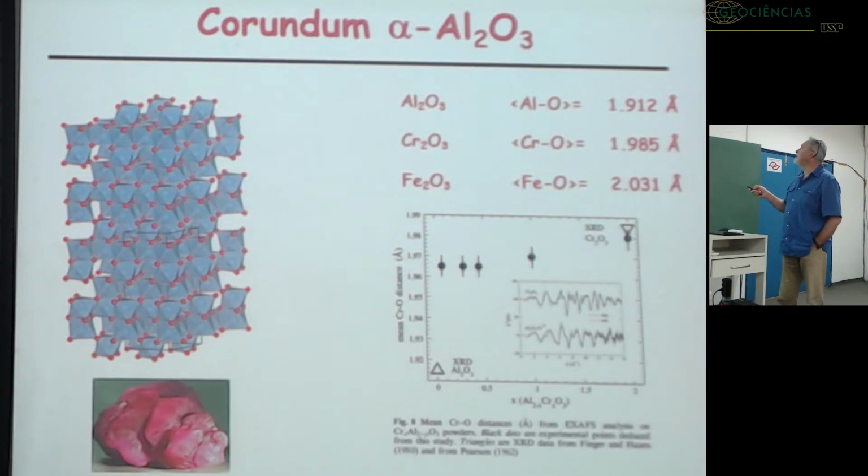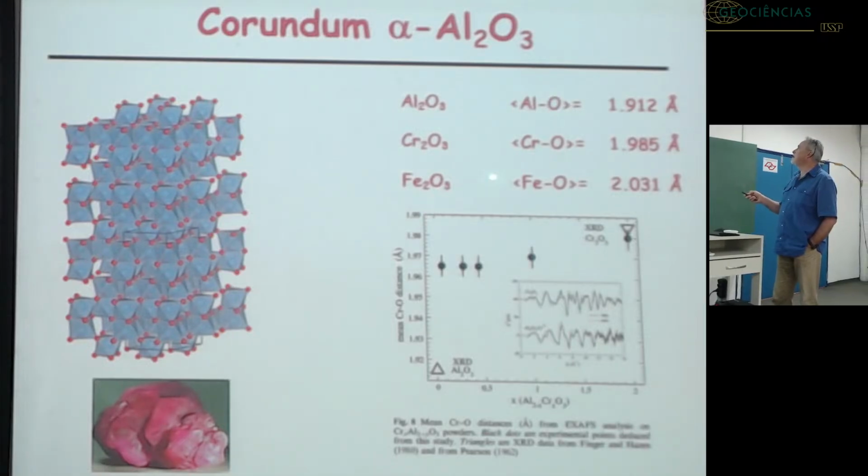If we look at the end-member compounds, in alumina we have this aluminum-oxygen distance. In eskolaite, we have this chromium-oxygen distance. In hematite, which is isostructural with corundum, we have this iron-oxygen distance. And this is